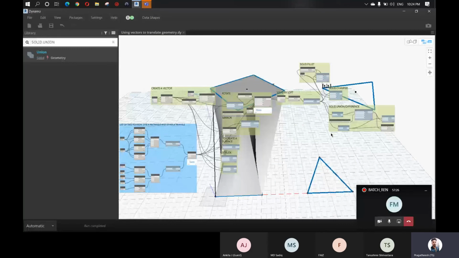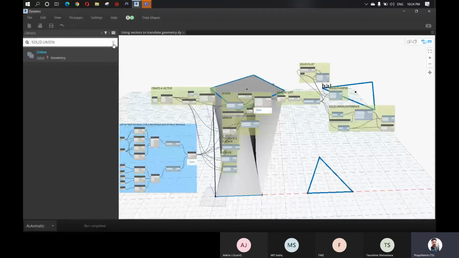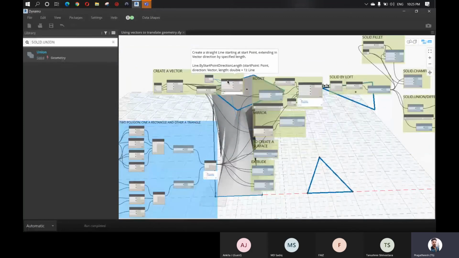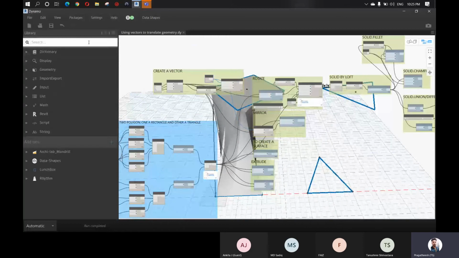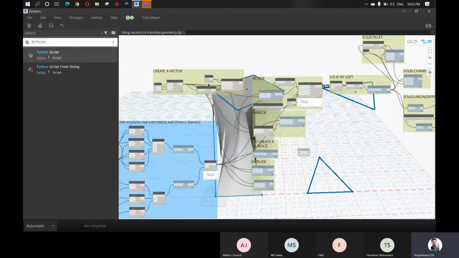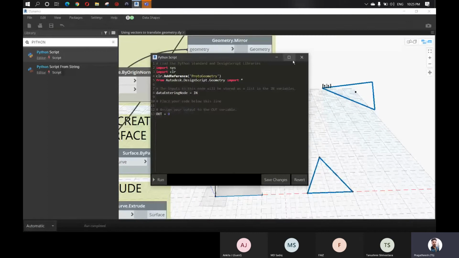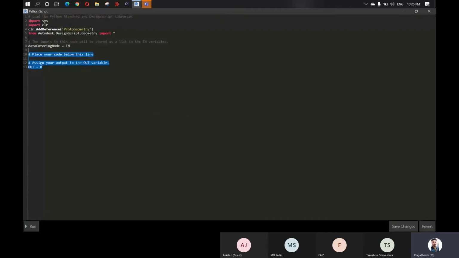And the second option is you can do everything with lines of code, with the help of a programming language called Python. So you have only two options: one is creating a visual script with nodes, or else creating a program with Python. If you want to type Python, you can use the Python Script node. Just right click, go to edit, and this is the page where we can create with the help of code. So only these are the two options.